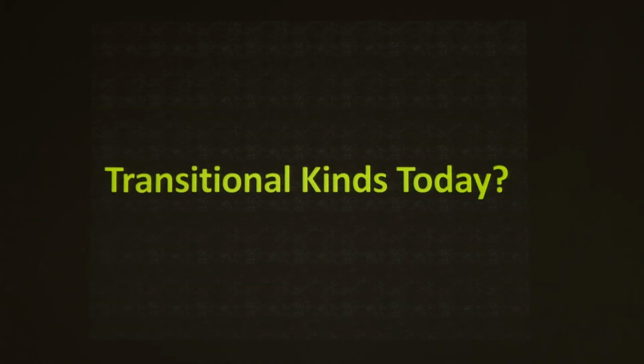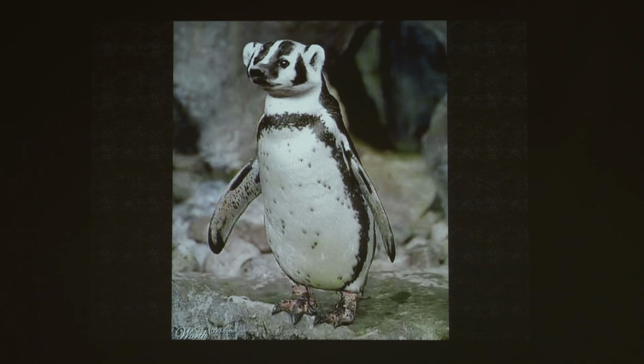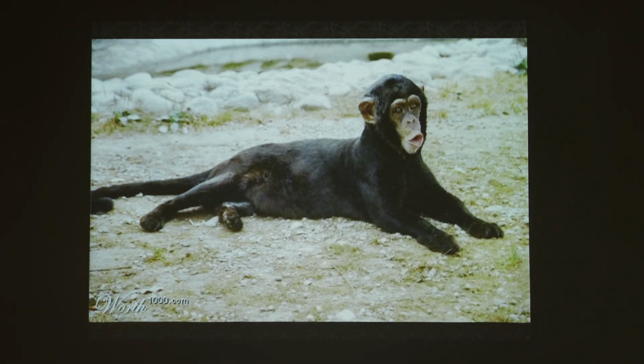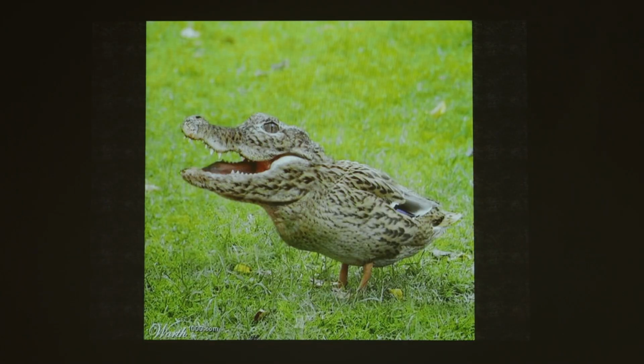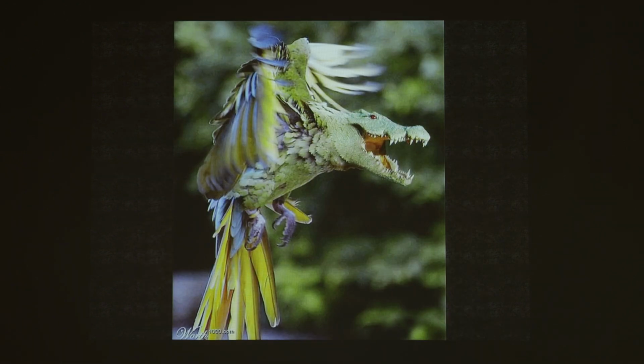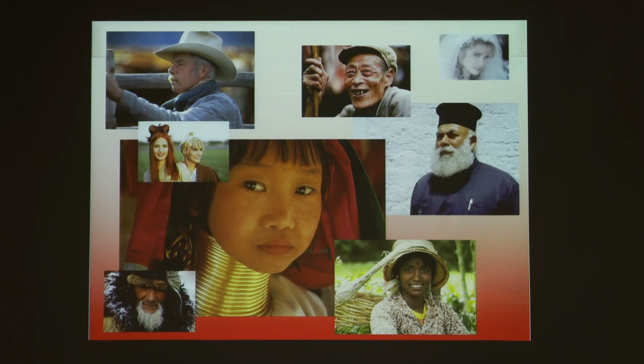And even if Darwinian evolution was true, wouldn't we see creatures that were in transition into another kind of creature? Does anyone see something like this hopping around today? Or if you were to go to the zoo, do you see some creature like this or like that? Are there any bird watchers around here? Do you ever see any bird like this flying around? Or anyone go hunting for one of these? No, we don't see creatures that are in the middle stages of becoming something else. Instead, we see something like this, a creature that is fully formed and continues to stay in that formation, that design as a creature.